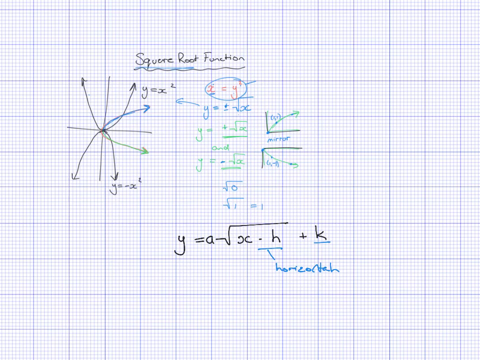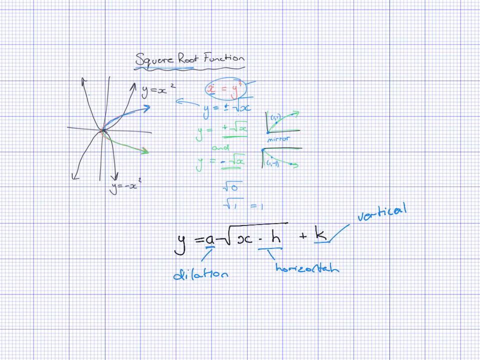This one is vertical translation, and this one is dilation. All right, now, if you remember from the previous example, this dilation can be a little bit tricky to work with. What you want to remember is that it